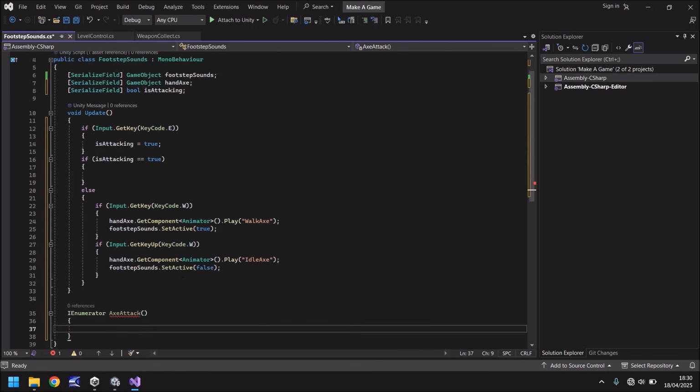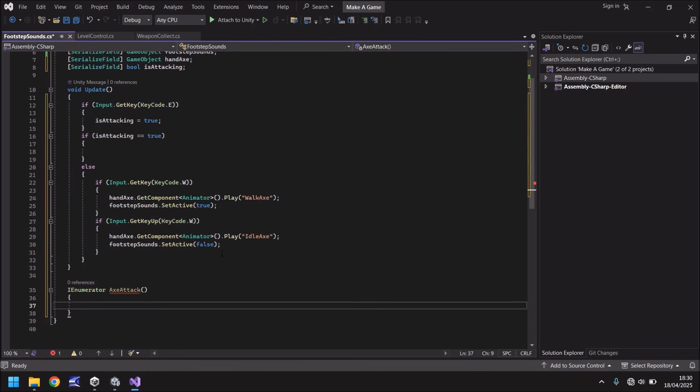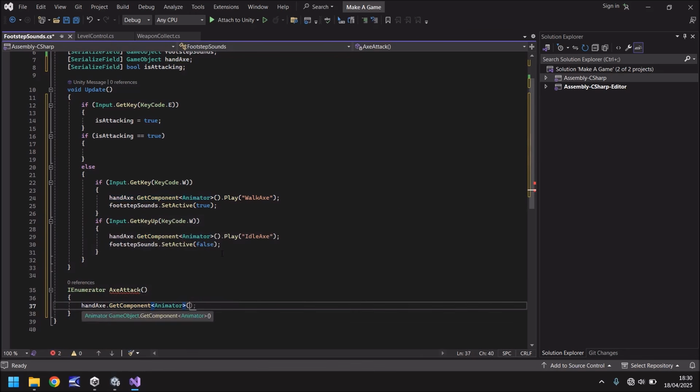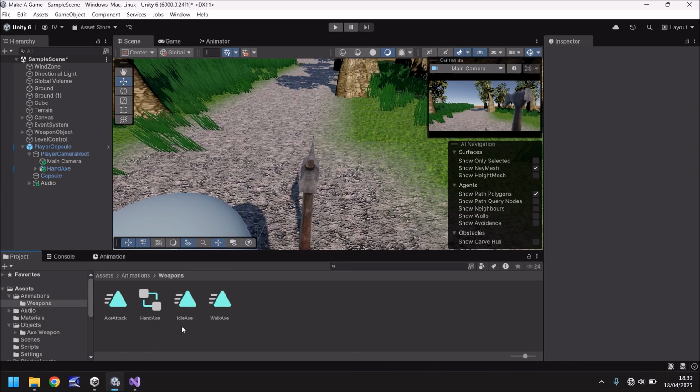First we need to play that animation. So we can say handAxe.GetComponent in spiky brackets Animator, open close bracket, dot Play, and in parentheses and quotes the name of our animation, and let me get it right just in case. It's called AxeAttack,